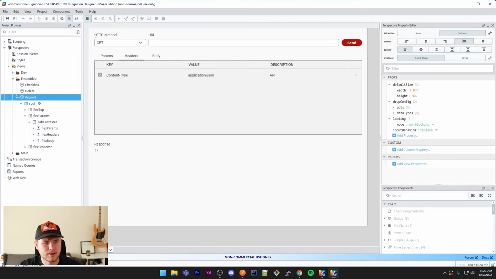So I enabled preview mode here in the designer. When I go to headers and enable and disable this, you can see that when I play around with these, like if I uncheck this,